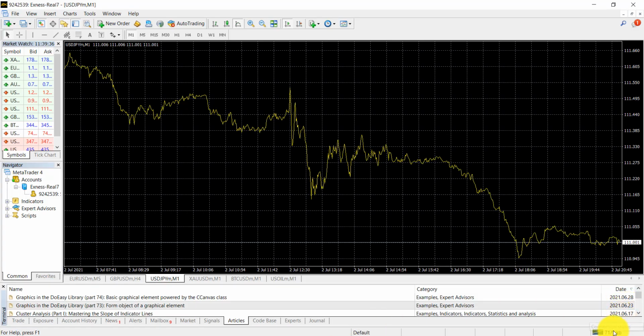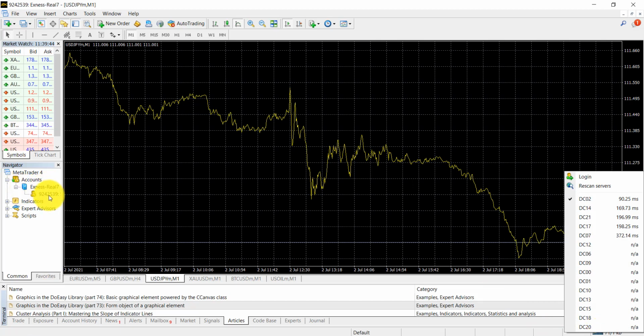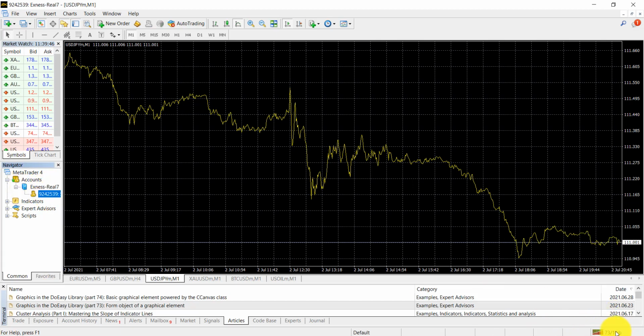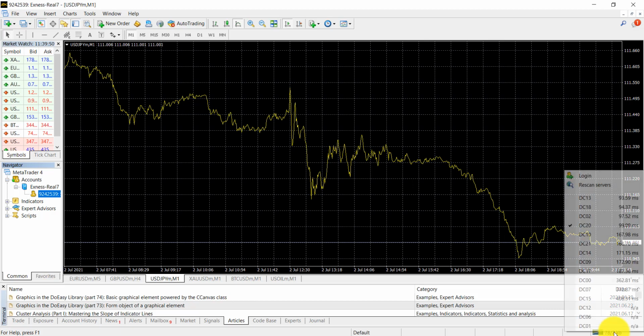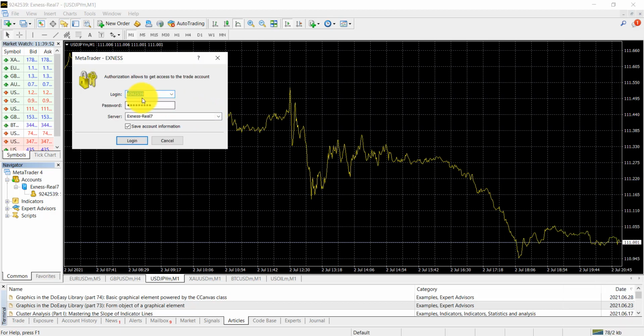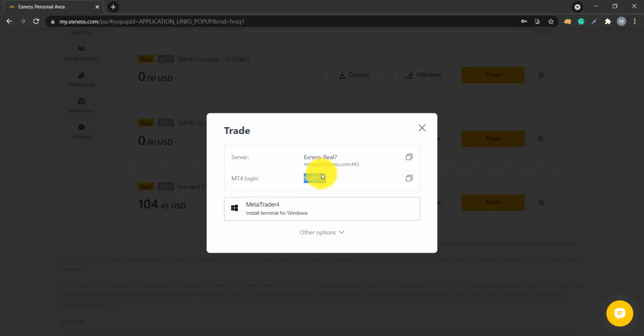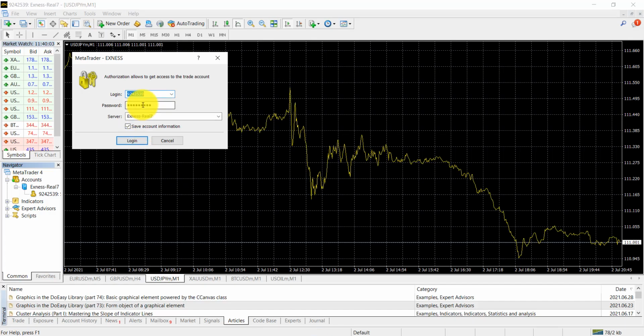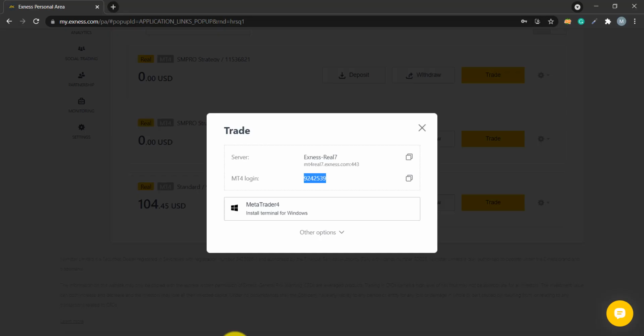Then from here, from this connection, you can check this point, or from here this is another point. Click this, check this no connection option. Then click the login button, and then you put your account ID, I mean account number. This is the login account number. After that from here you just put your standard account password. Then another thing I just mentioned from here, this is real account 7. Check that the server name is real account 7.